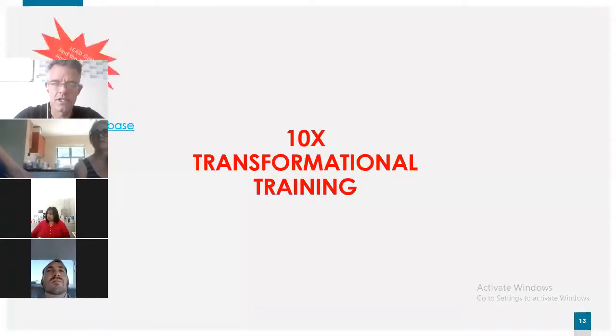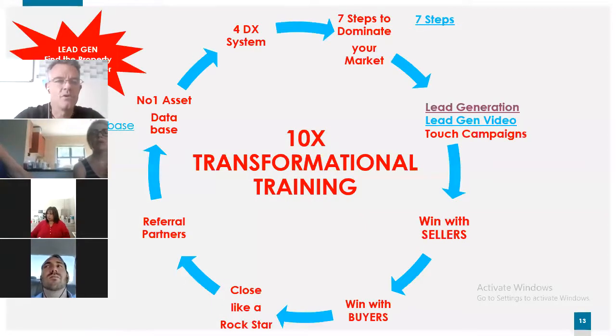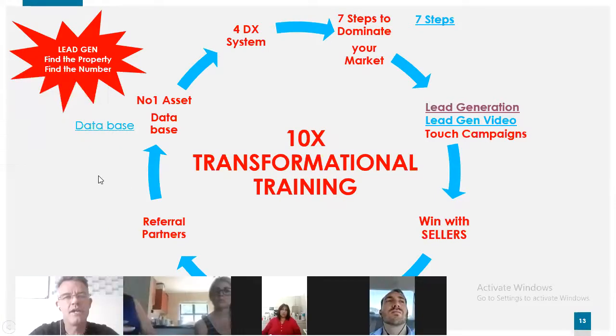So just to look at it in its entirety, as we look at the transformational training that we're busy going through, the big red star here talks about lead gen. And lead gen drives everything. We can talk about how to win with sellers, how to win with buyers. But if you're not generating leads, in other words, when we talk about leads, it's people to phone that potentially want to sell their property, we're wasting our time. So it all comes back down to lead gen. And today we're going to cover lead gen completely so that you are 100% effective and feeling confident.